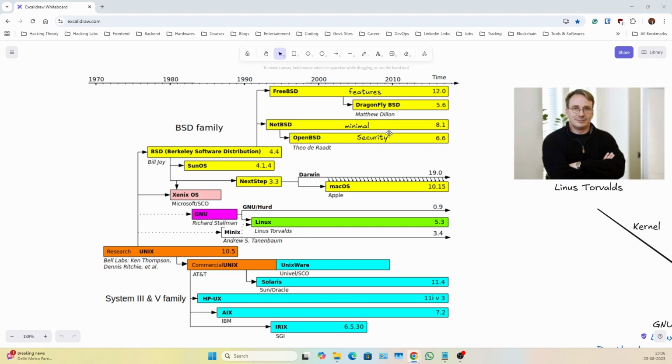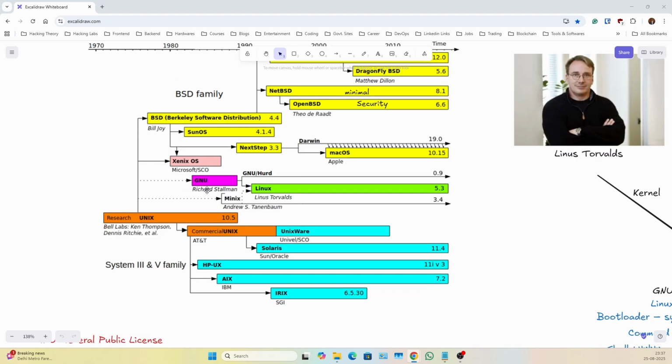NetBSD is mostly minimal so that it supports every hardware and software, from new to old. And OpenBSD is full of security; they focus mostly on security. One more thing, this BSD work started just a year after 1969, mostly around 1970. And then you next go to GNU.